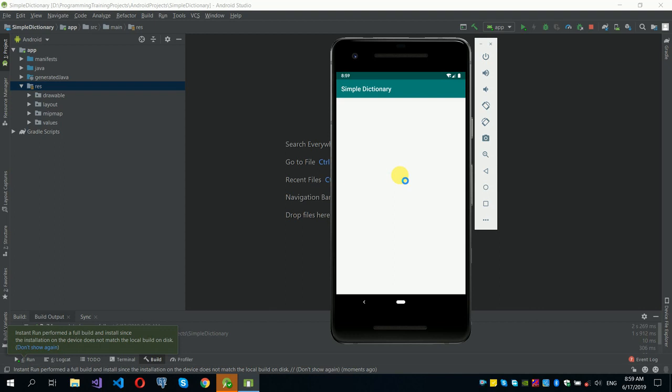So what we are going to do today is add a list view to this form so that we can display all the available words in a list view, so that anyone can see the words by scrolling. And also if someone wants to search, we're going to put a search button at the bottom of the screen so that when a user clicks the search button, we're going to open a new search window. Okay, so